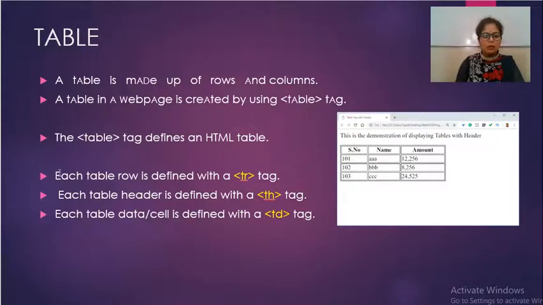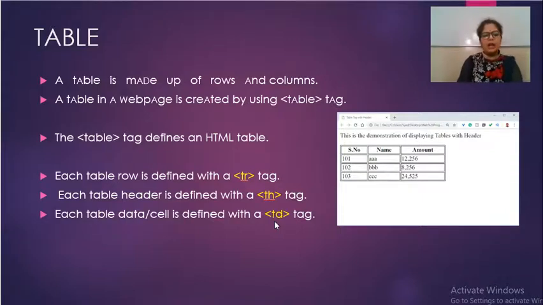In a table, each row is defined with the tr tag. So these are the three tags we have to use for designing a table: the tr tag, th tag, and td tag. I will explain each of them in detail.